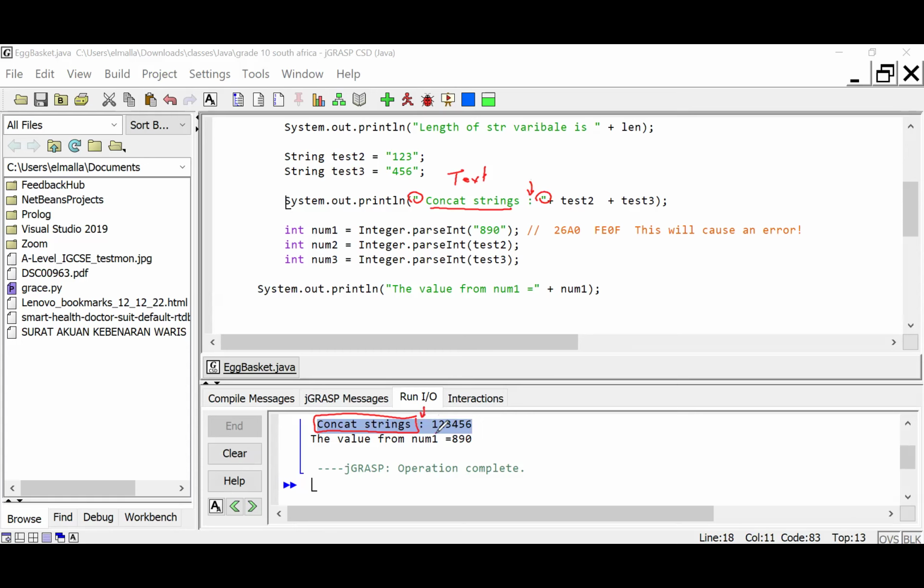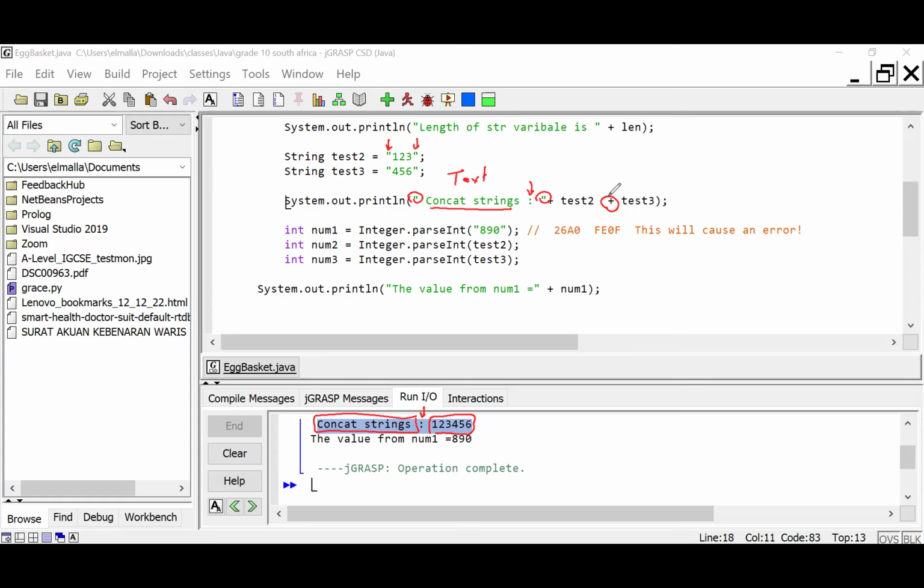Okay, now let us have a look at this. This is 1, 2, 3, and then 4, 5, 6. But why do they appear together? Isn't it that these are numbers that need to be added together? No, in fact, no, because this is still in a string format, and I put them in double quotation marks here. And when I use plus,